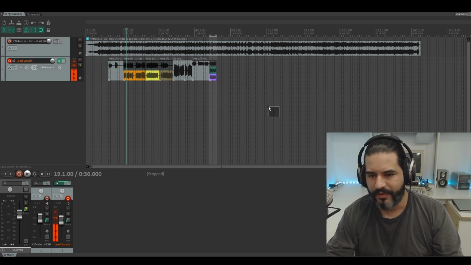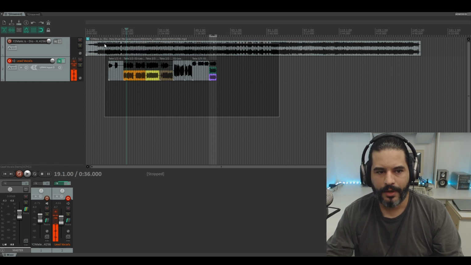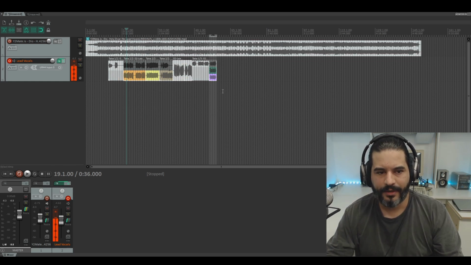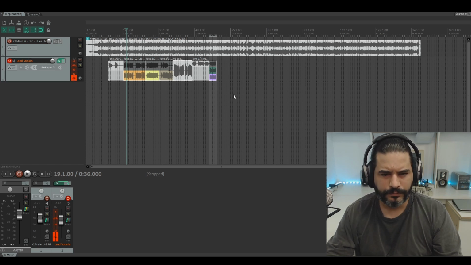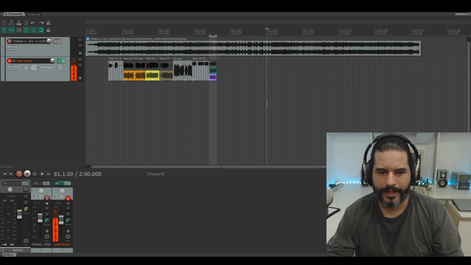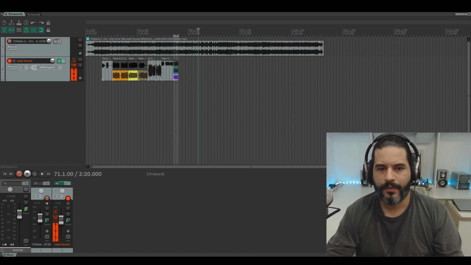Select everything. You press the right mouse button, drag everything, all the takes, all the items on your project. Right click on one of them, item properties, and change the time base to time. Apply it. All right. So what you're gonna do is play a part of the song,